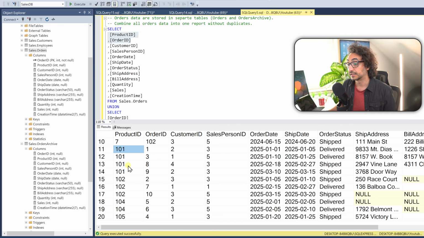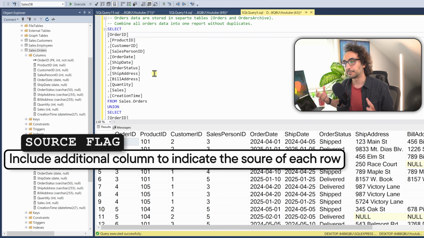So we're gonna have incorrect data, which leads to incorrect analysis. So here the best practice is to not use the star and to clearly list all the columns. Now, one more technique that I usually use once I'm combining data is that I add the source of the